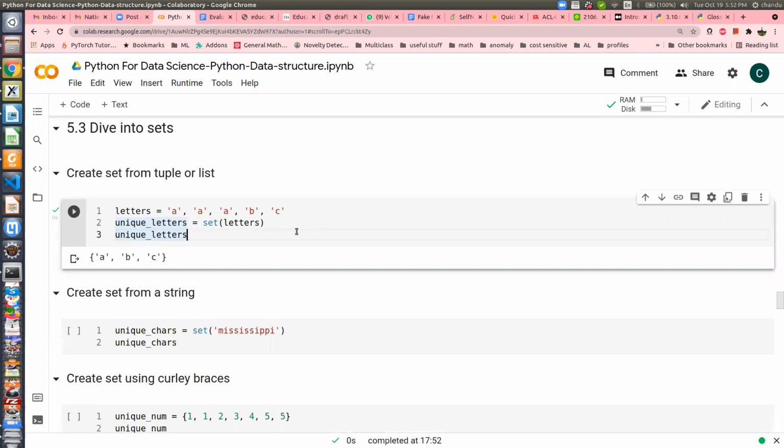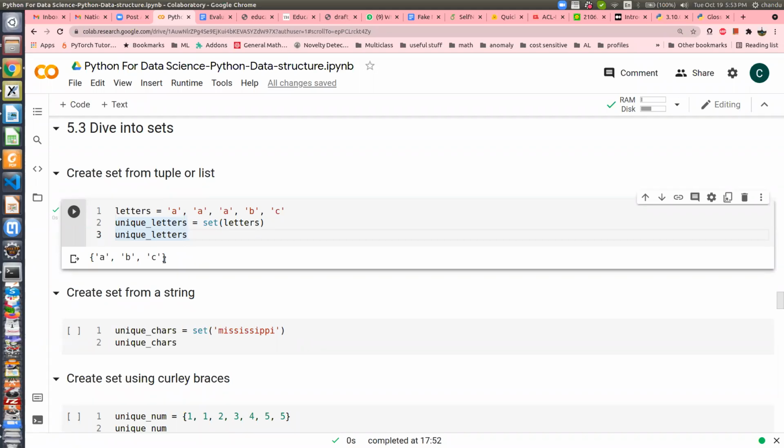Here it goes. I had a tuple of A, B, and C. From the tuple, I created a set using the set method. To the set I passed this tuple, and in the tuple A was repeating. But when I printed the set, I just got A, B, and C. Can you see this magic? So a set basically removes the duplicates. Yes, that's the advantage. If there are duplicates, it will not store them. So that's where it is handy.